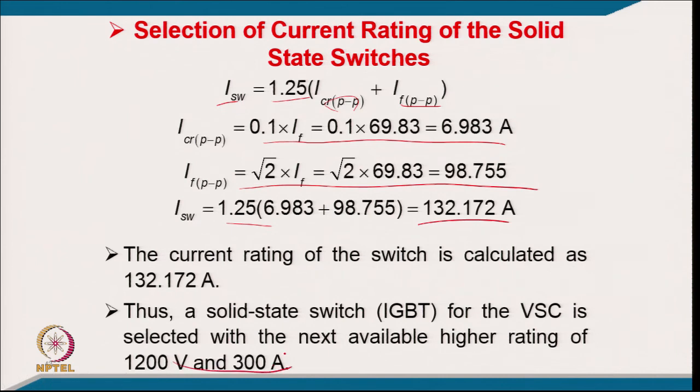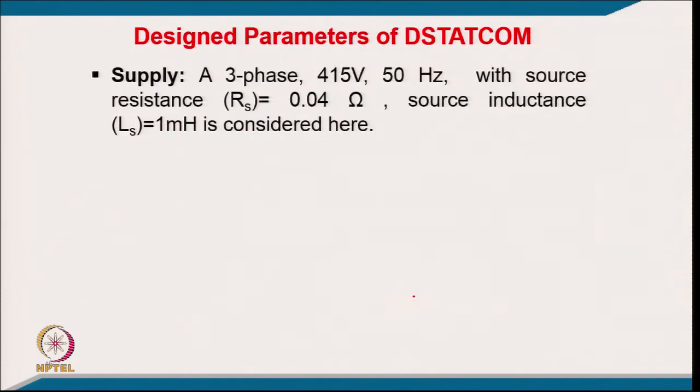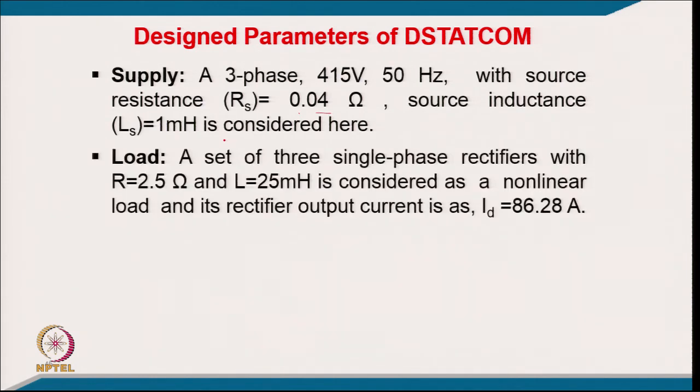So, it is a 1200 volt 300 ampere switch that is calculated. Now, coming to another case, design of a 3 phase 4 wire active filter. So, we take another leg here for the fourth leg, and the supply here is considered 3 phase, 50 hertz, with a source resistance of 0.0 ohm and source inductance of 1 millihenry, and the load consists of 3 single phase rectifiers with resistance of 2.5 ohm and inductance of 25 millihenry, considered as a non-linear load,